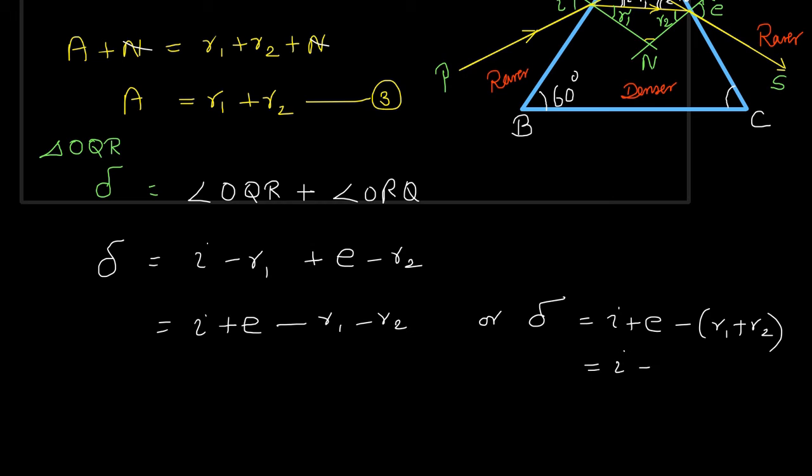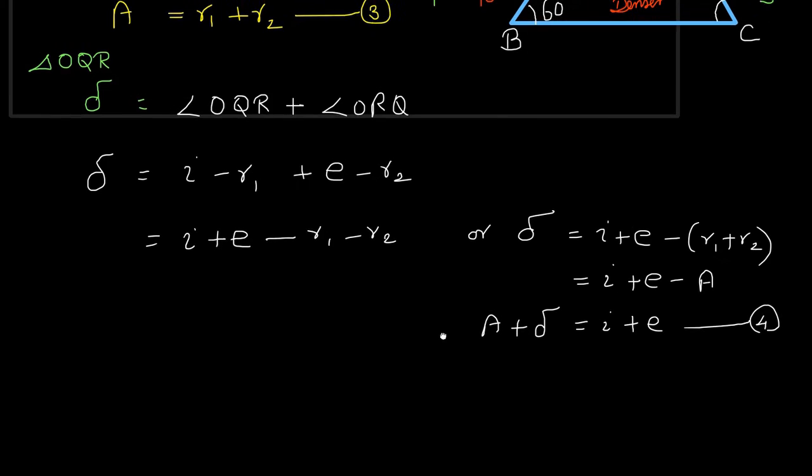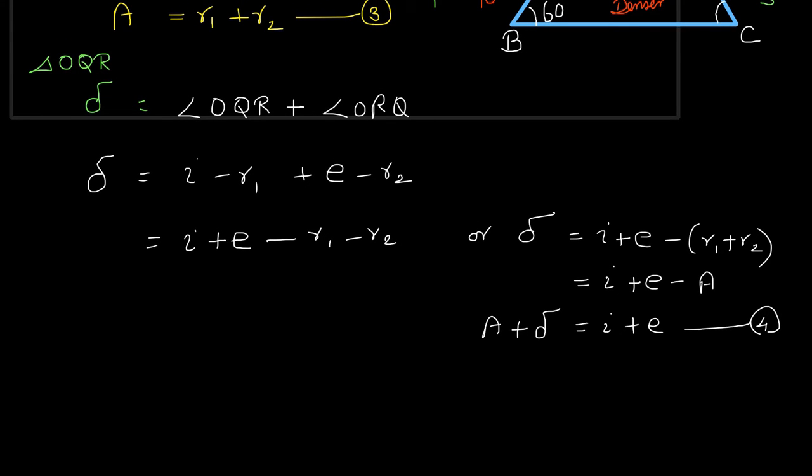R1 plus R2 is equal to the angle of the prism A. So I plus E minus A, we write A plus delta equal to I plus E. We call it equation number 4. Now let us apply the conditions on equation 3 and equation 4. That is, when the angle delta is equal to delta minimum, for the minimum angle of incidence, the conditions are